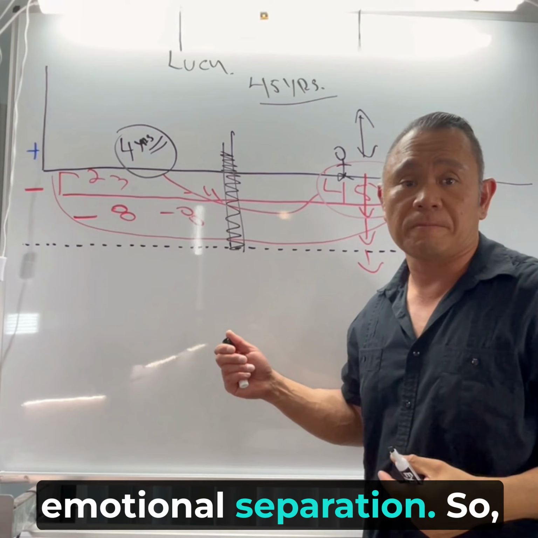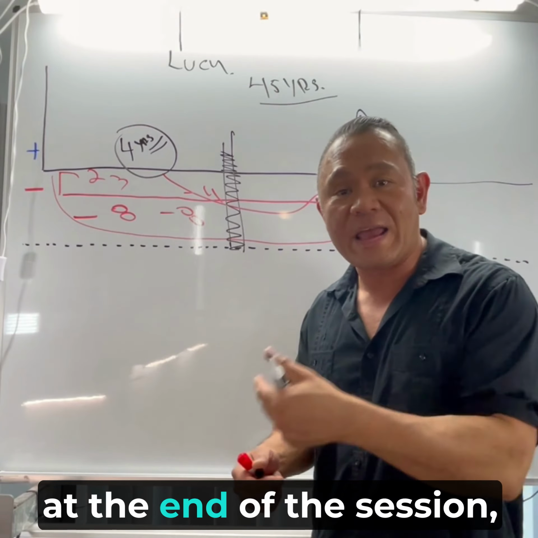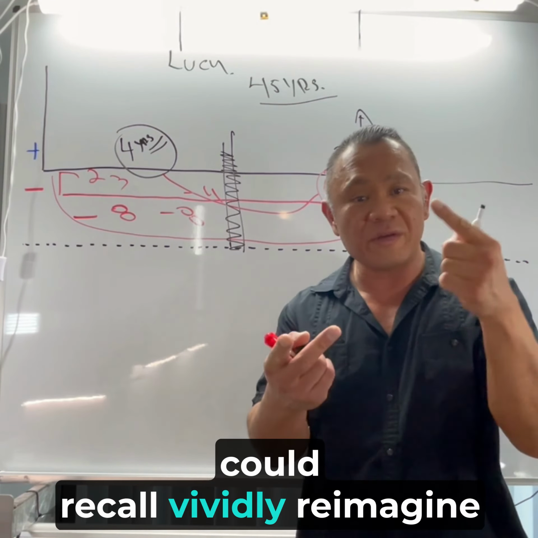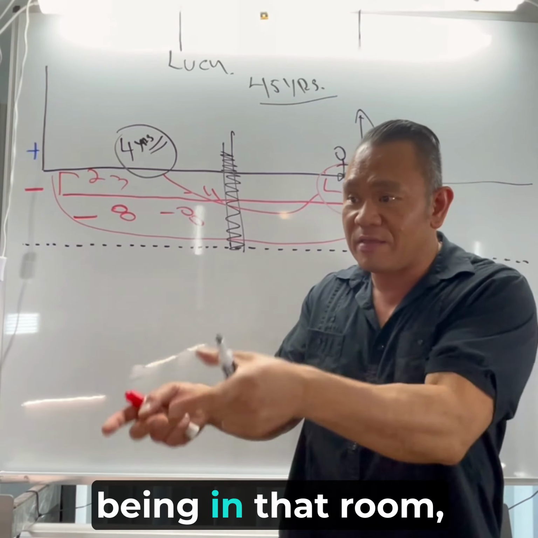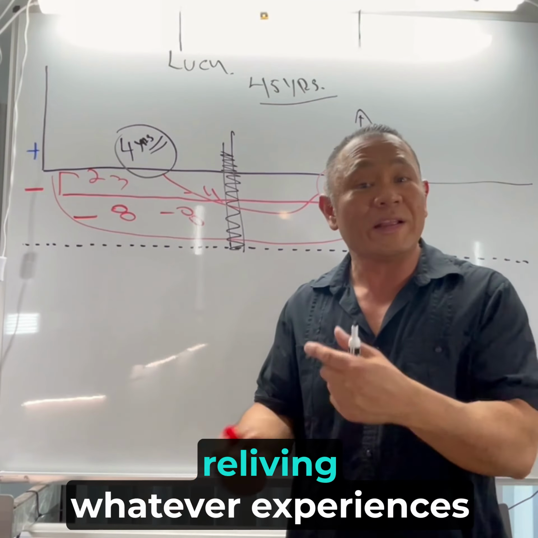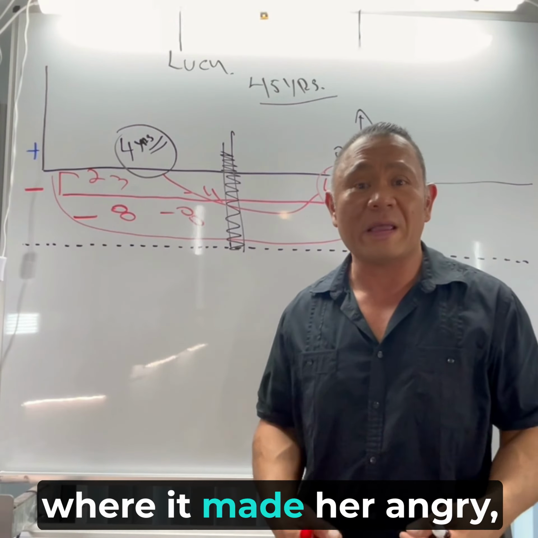Emotional separation. So in other words, the goal for Lucy was for her, at the end of the session, to get to a point where she could recall, vividly reimagine being in that room, being in that moment with her mom, with her dad, reliving whatever experiences she went through where it hurt, where it made her angry,